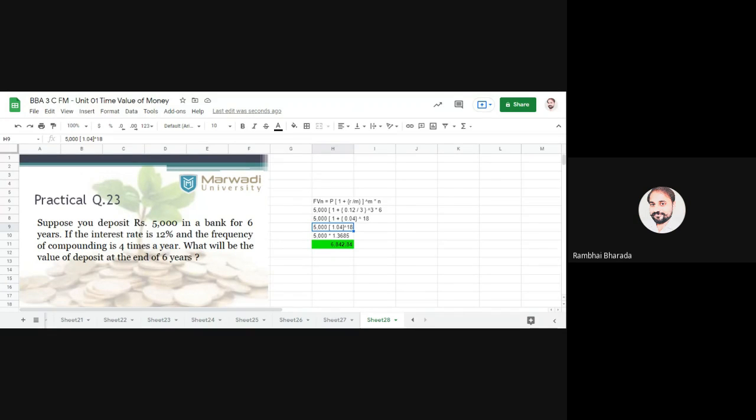No, my dear. You have missed a step. Step number 1, first the internal bracket. 0.12 divided by 3, you will get 0.04. That is the internal bracket. Now this internal bracket will be added to 1. And outside this bracket, raised to m into n. It means m is the number of months and n is the number of years. 3 into 6. That is outside of the entire bracket, it is not for the internal bracket. Are you getting my point?